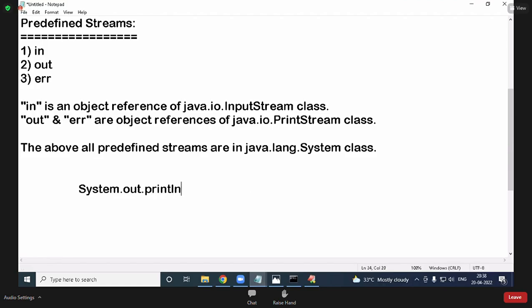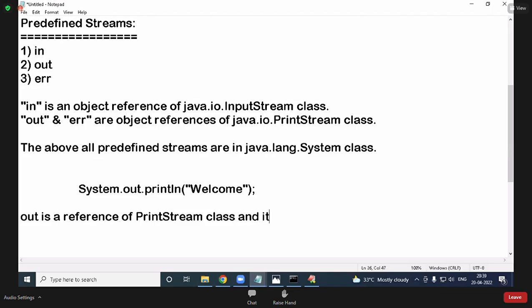System.out.println("Welcome"). In this, out is a reference of which class? A reference of the PrintStream class. And it is a static member of which class? The System class.